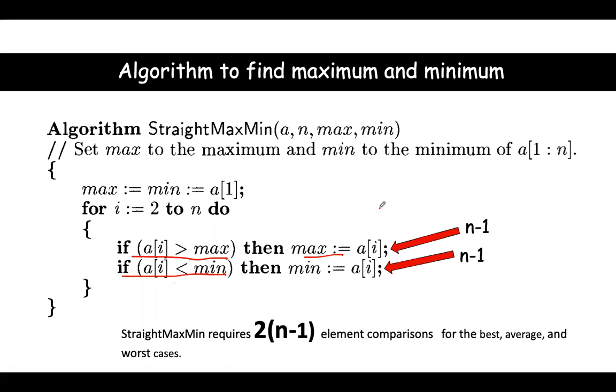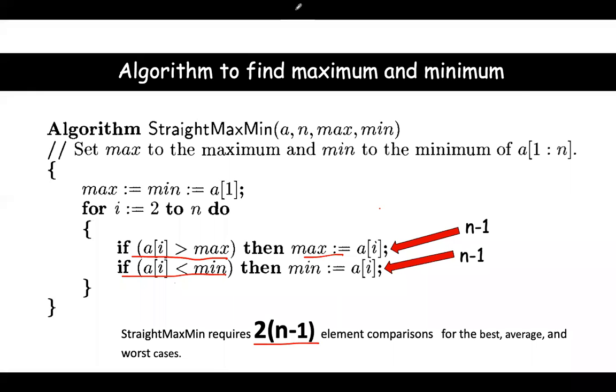Is it clear? For best, worst case, for everything, this is the value. Because once you enter the for loop, for loop will execute n minus 1 times. It is not n times, because first element already we have assigned here. We are going to start with the second element. So your for loop will run n minus 1 times. Two important comparisons are there. Both are if here, not else here. Both are if statements. So both will be executed n minus 1 times, which is nothing but 2 into n minus 1. 2 into n minus 1 means it is what?